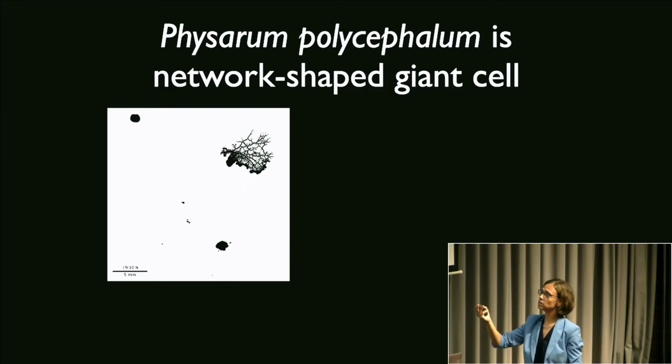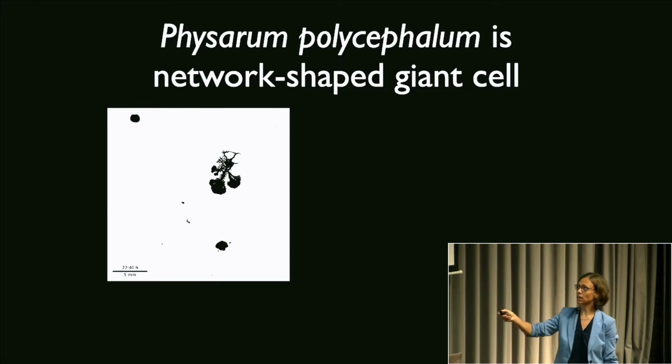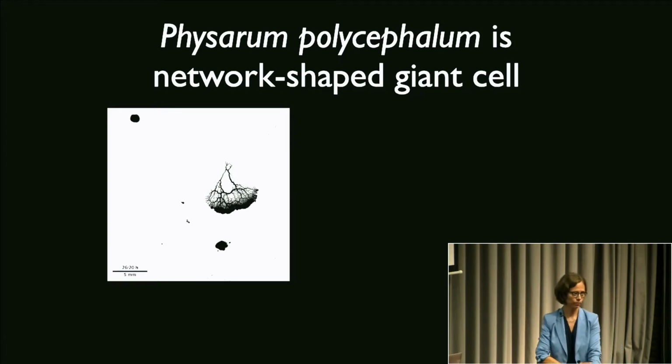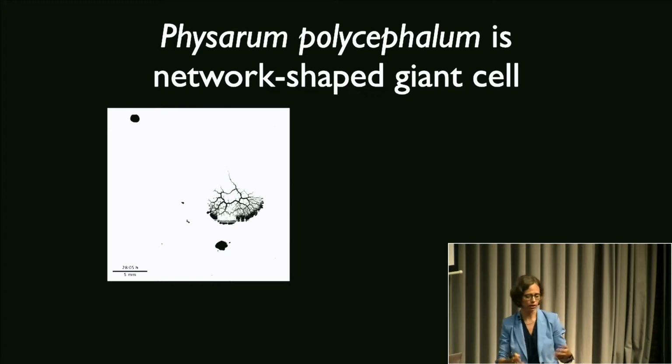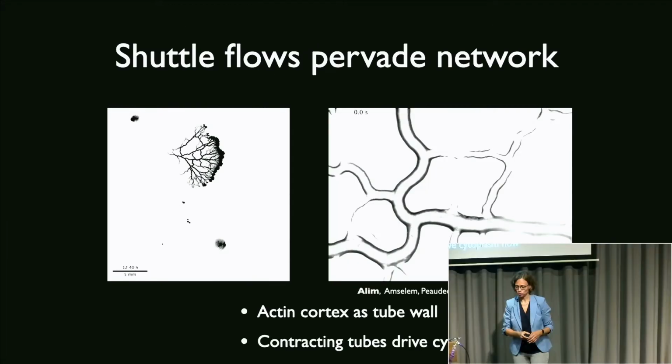This is like a centimeter. You can grow it to square meters. And it just happens to be shaped into a network structure. And it has thousands and thousands of nuclei within the structure. Now, if we zoom into this network,